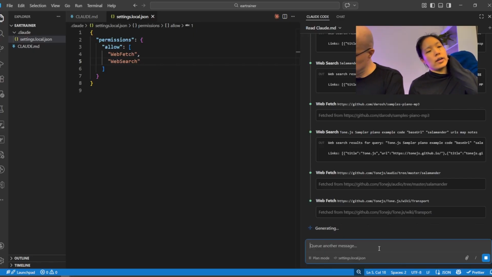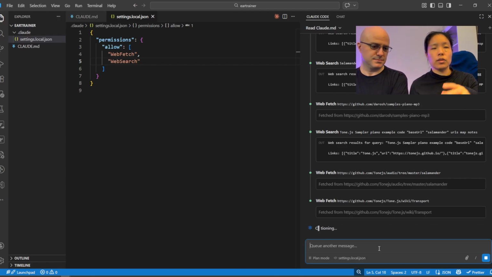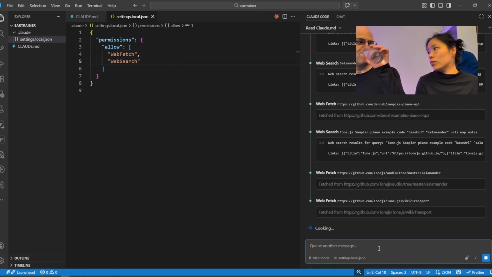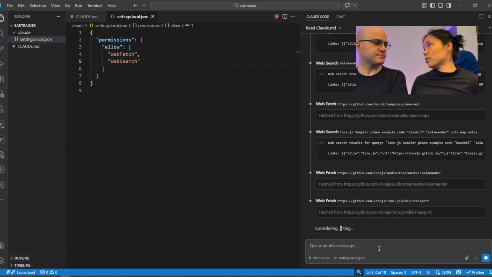Yeah, another question I have is, when I described the app in the beginning, I was trying to be a bit general because there can be a lot of details. Say, hey, I want to progress from the simpler chord progressions to the harder ones. Those details I'm trying to ignore so that it doesn't get too complicated in the beginning. So is that the right way to do it? I think when you're describing an app, that makes sense. As long as you're in planning mode, you can go into as much detail as you want. You don't have to end the plan until you're finished with all the details you want.